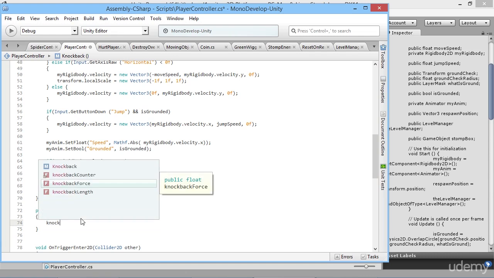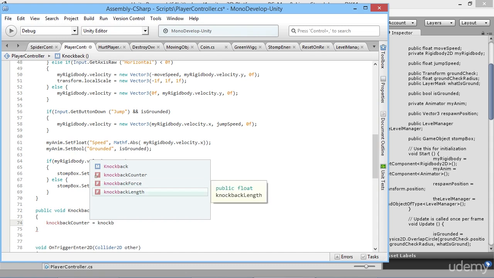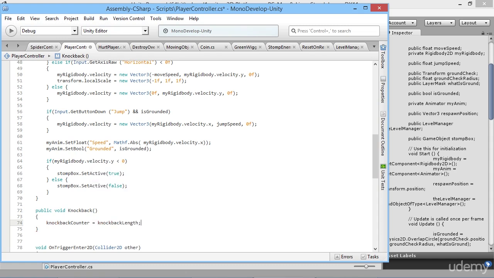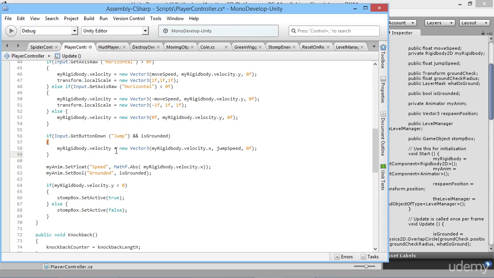So our knockback counter will be equal to our knockback length, like that. And that's pretty much all we're going to do in here. So what we want to do back up here now, so we have our input being taken here. So we have our horizontal movement, all that stuff, and our jumping up in the air. But if we're getting knocked back by our enemy, we don't want to be able to control anything in the game,